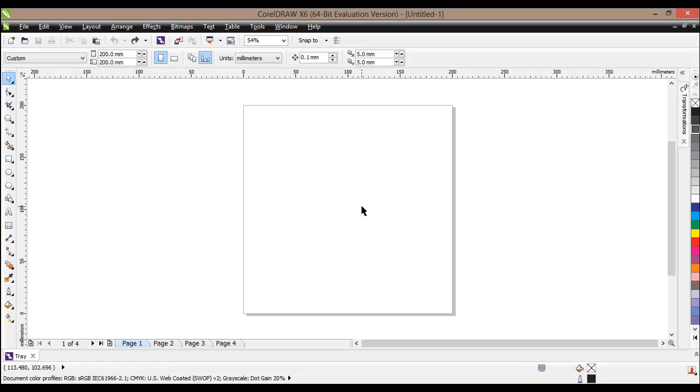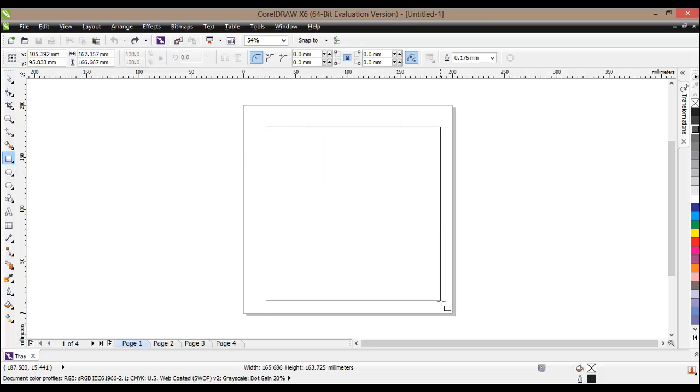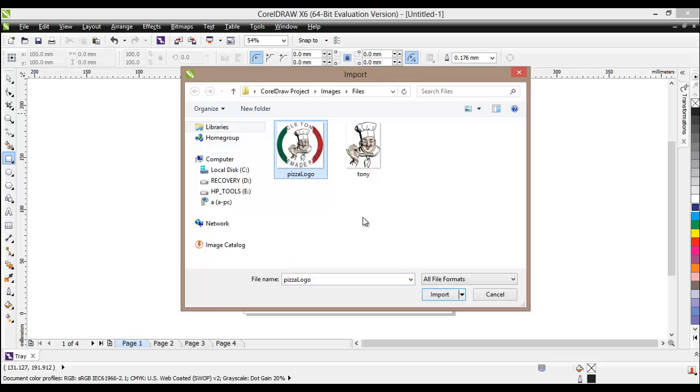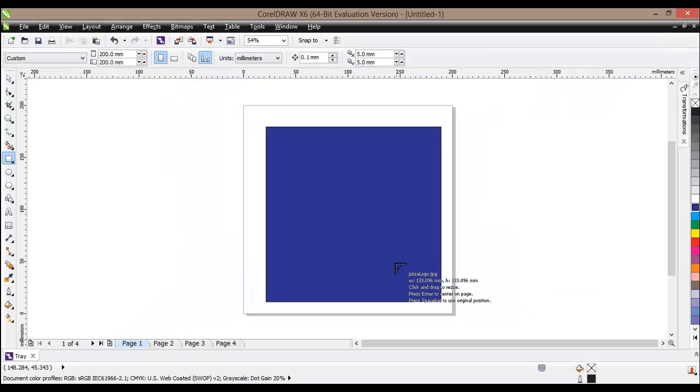In our last tutorial we created a logo that we would like to use to create some menus, some brochures and some business cards. However, we have not yet prepared our logo to be used in these documents. What I mean is, if we draw some shape here and color it, for example, blue, and then try to insert our object, which is our pizza logo,